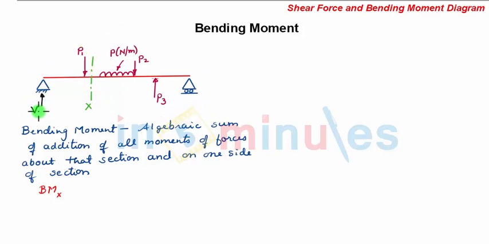Again, VA is the support reaction at A and VB is the support reaction at B. Bending moment at X, considering the left hand side of the section, if VA is the support reaction at A and VB is the support reaction at B, and x1, x2, x3, x4 and x5 are the distances between the support reactions and the loads as shown in the figure,